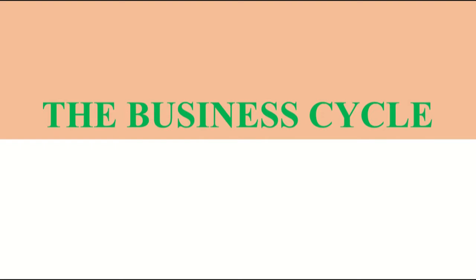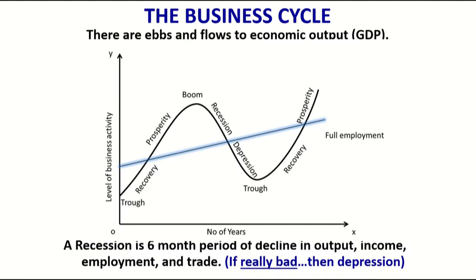Today we're going to be talking about the business cycle, and then we're going to look at goal number 2 of every economy, which is to limit unemployment. Let's first take a look at our business cycle. The business cycle is just a model that we use in economics to show the ebb and flows of economic